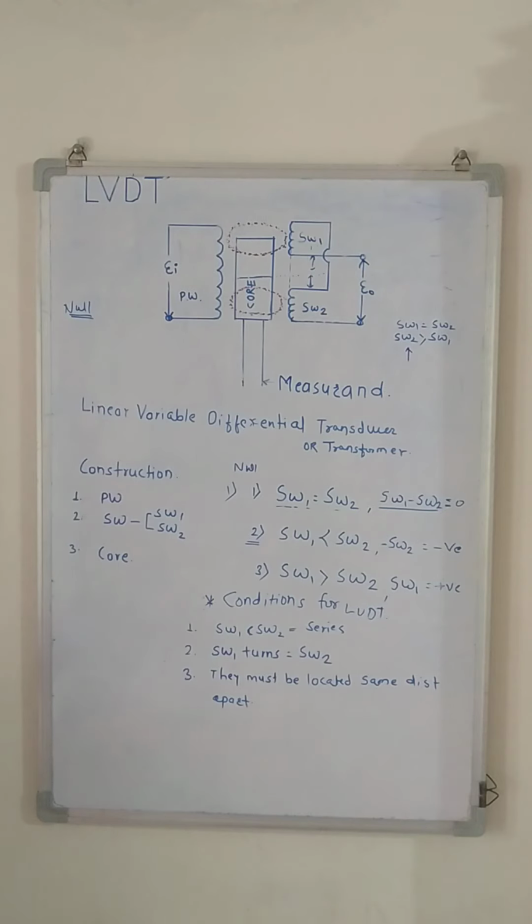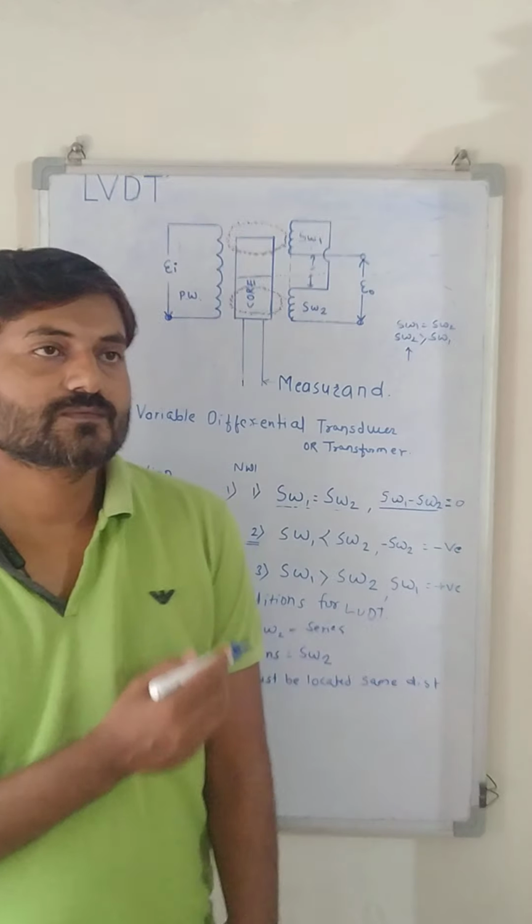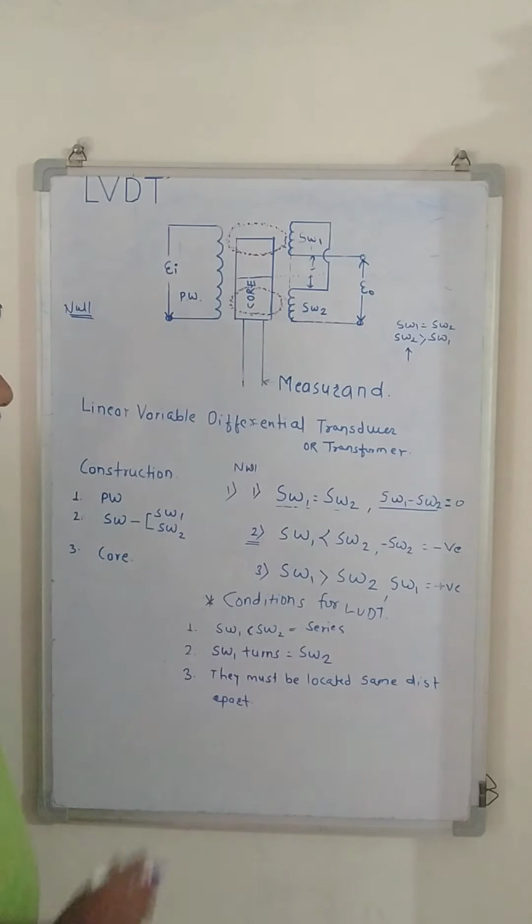Now see why LVDT is used, or how the magnification is done. LVDT converts a position or linear displacement from a mechanical reference into a proportional electrical signal containing phase for direction and amplitude for distance. So this is how magnification is done with the help of this total arrangement: primary winding, core, secondary winding.